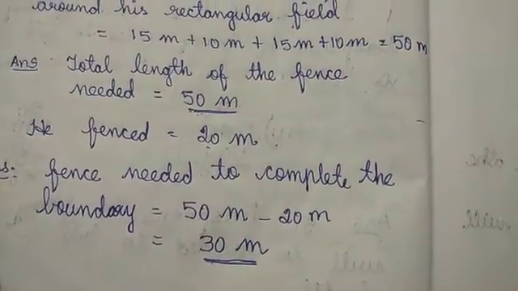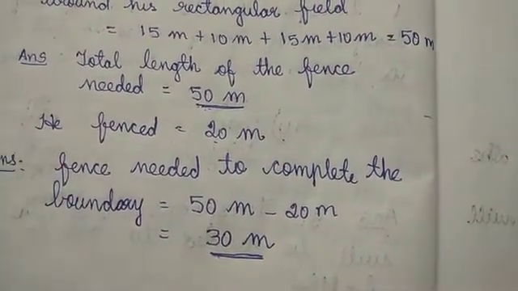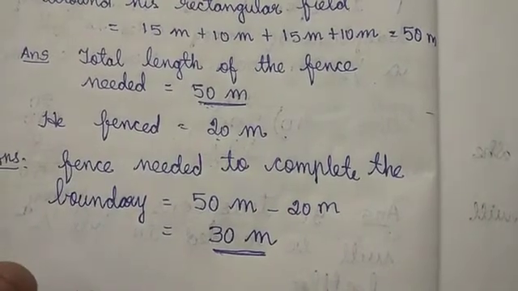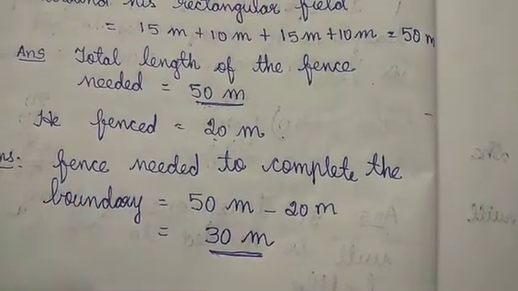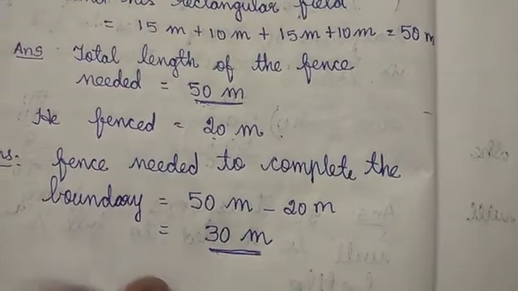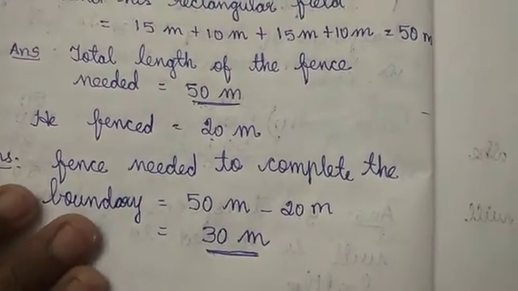Understood, children? Children, you have to do and practice. Don't look at the English, no need to read. You have to work the sum so that it will be very easy. Okay, children, can we see the second sum, children? Yes.